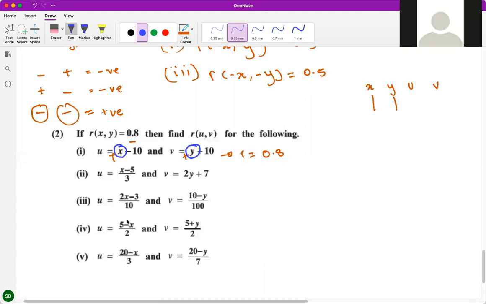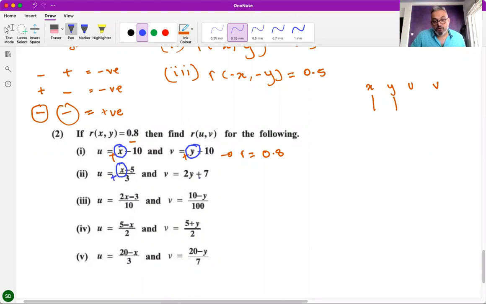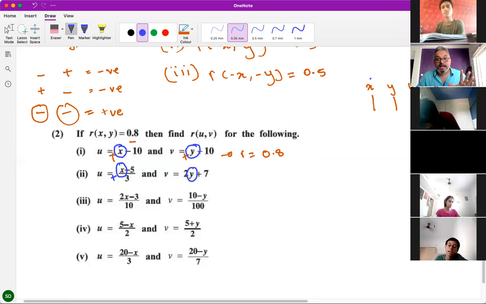ओके. सेकेंड में x minus 5 by 3. Now x again पॉजिटिव है और 2y plus 7 है, y भी पॉजिटिव है. अब किसी को डिवाइड किया, मल्टीप्लाई किया, ऐड किया, सब्सट्रैक्ट किया, x को कितना भी मचेड़ा हमने, x में से कुछ माइनस किया, फिर x को किसी से डिवाइड किया, तो भी x और y से जो uv आया उसको r को कोई इंपैक्ट कर सकता नहीं है। x और y को जितना मैनिपुलेट करना है करो, ऐड करो, सब्सट्रैक्ट करो, डिवाइड करो, मल्टीप्लाई करो, बट r को कोई फर्क पड़ता नहीं है।